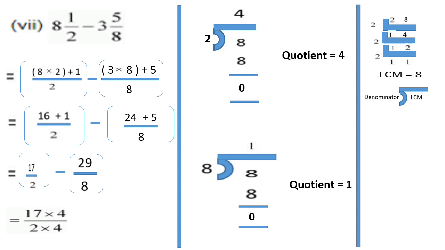Now it's time to multiply. So I have taken 17 by 2 and the quotient. I have multiplied the fraction by the quotient. Then minus. Then second fraction 29 by 8 by the quotient 1 and 1 like this. After multiplication, I got the answer 68 by 8 minus 29 by 8. Here, look, both have the same denominator. So I'll write it one time and then the numerators as they are. That is 68 minus 29 by 8.